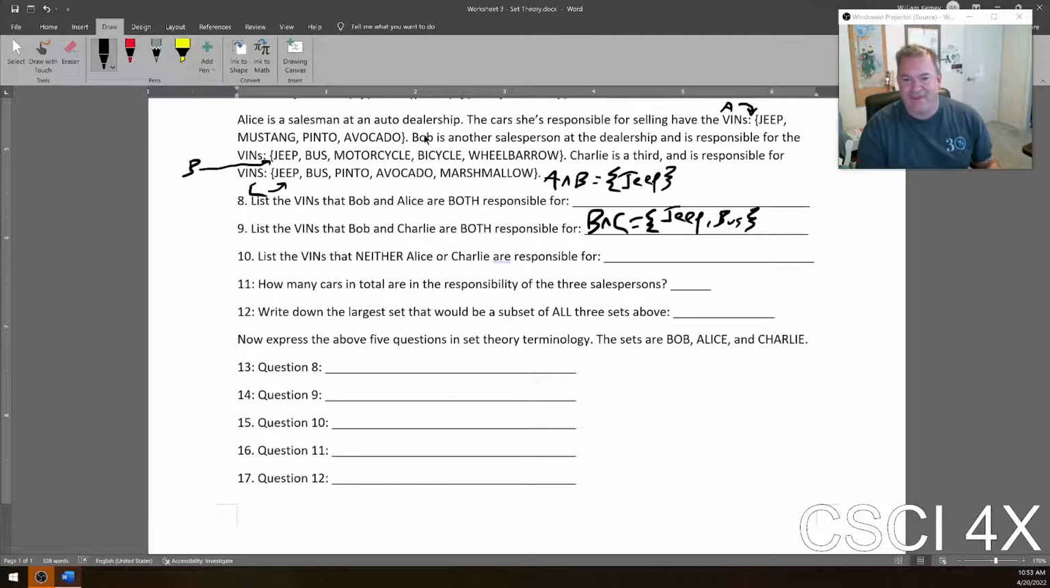Alright, so A and B is Jeep, B and C is Jeep and bus. Okay. And then what VINs are neither Alice nor Charlie responsible for? So this is asking for the complement of Alice union Charlie. Let's do the union first. You can just write down all of the VINs that Alice has to start with. Jeep,